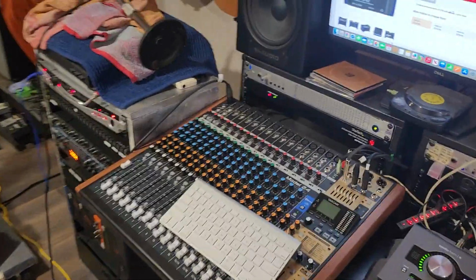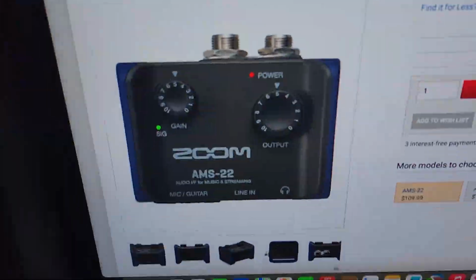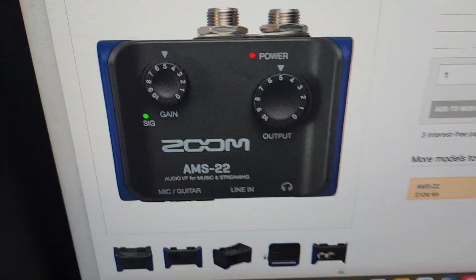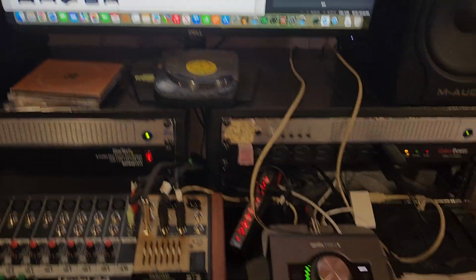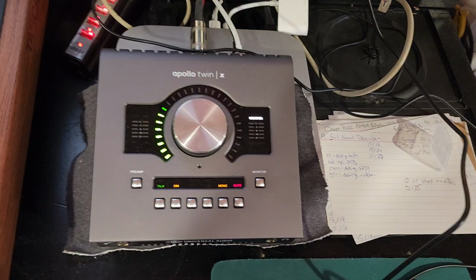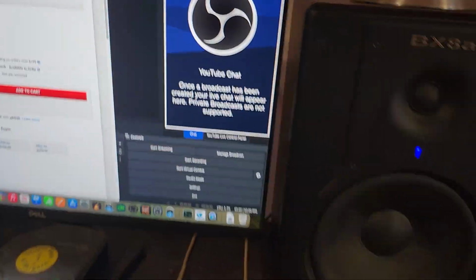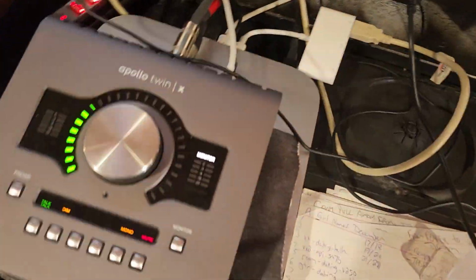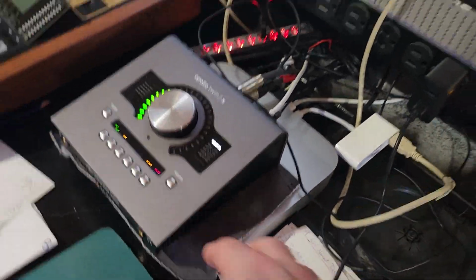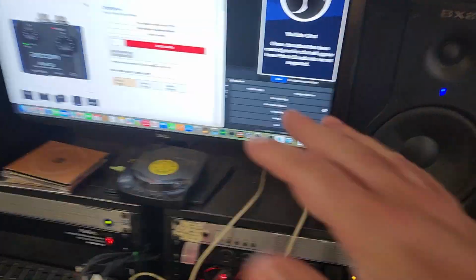Well, because we're going to go through a few things. We're going to go through a few podcasting options from Zoom, which looked good and I almost bought. We're going to go through some Apollo Universal Audio ecosystem issues. We're going to go through some OBS versus Macintosh. You can see my Mac Mini under here, kind of. So it's just a lot of things.